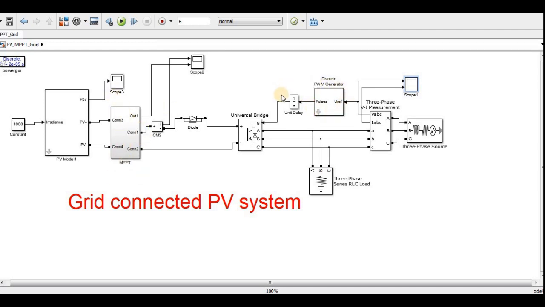This is a simple controller, and it is not really useful. We are not using this kind of controller, but this is the basic controller, for understanding purposes. Later on, I will explain the DQ based controllers and different controllers which can produce near sinusoidal output with proper power conversion and proper stability. Actually, this system does not have proper stability and proper output voltages, but it is only for understanding purposes.